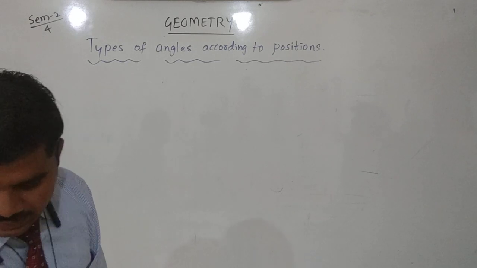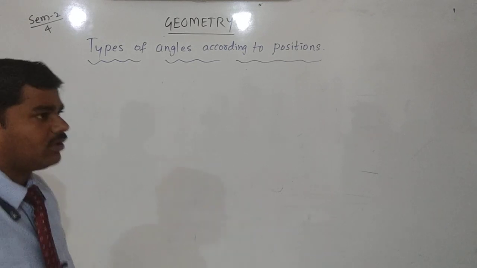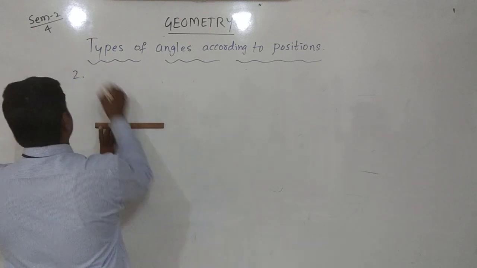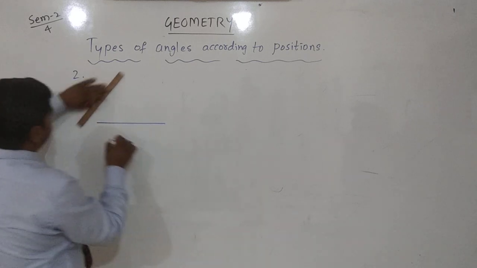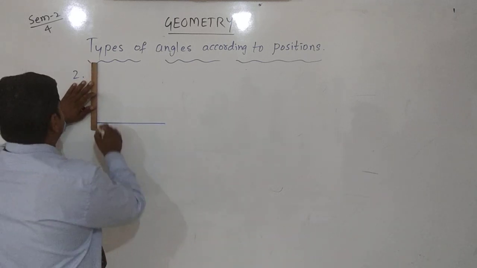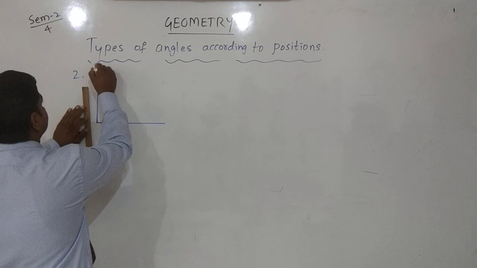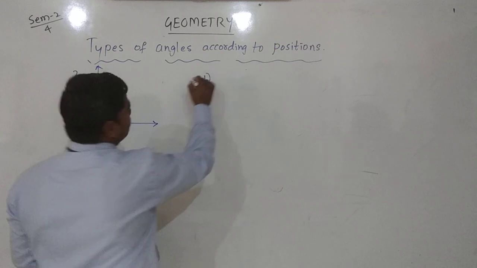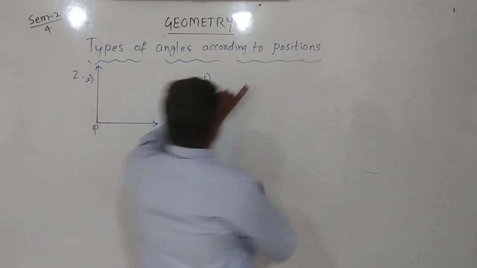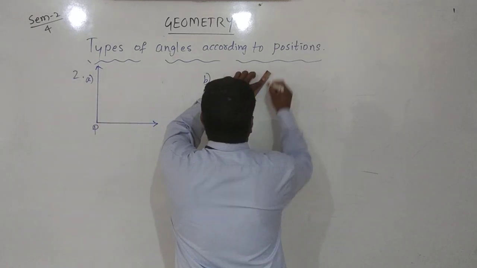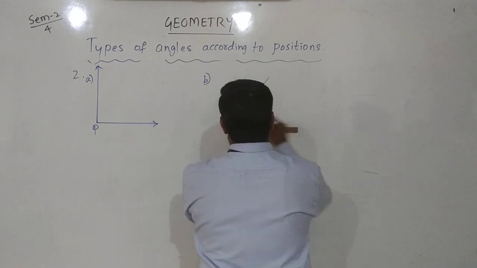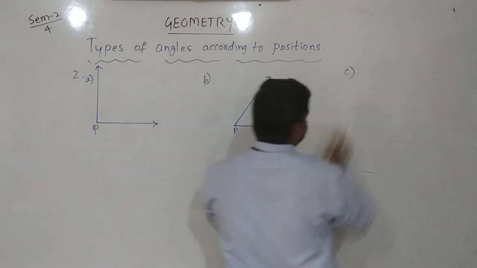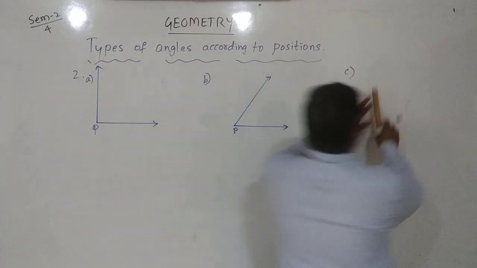Adjacent complementary angles. First, we'll draw the angle. Yes, this is a 90-degree angle. Here are points P, A, B. The figure is... yes, angle P and C. The figure is...